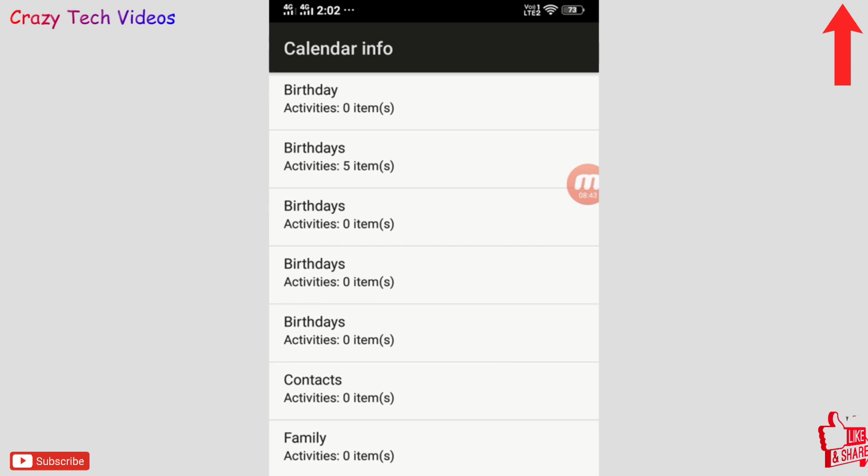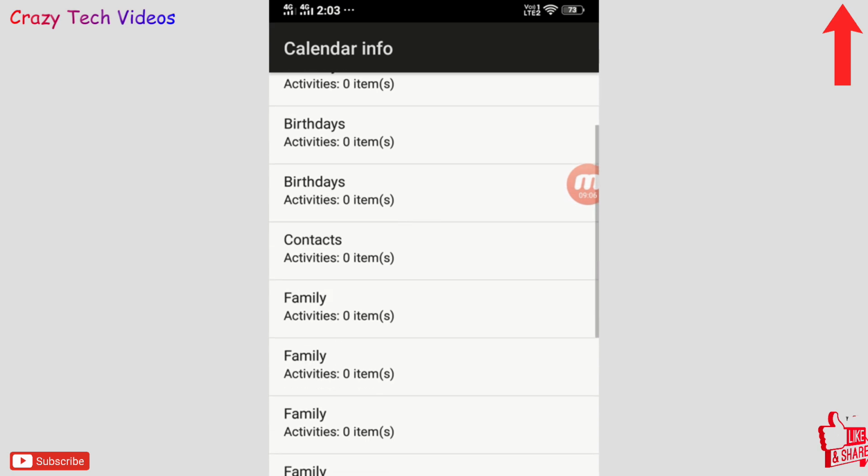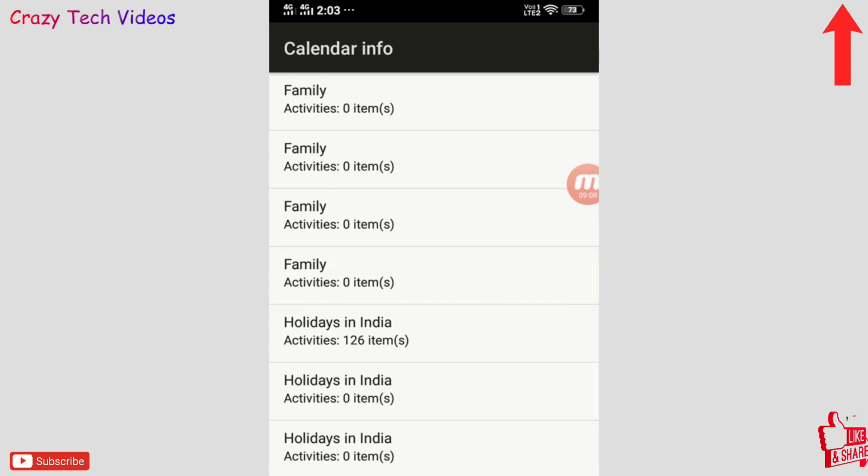immediately. You don't need to go to every email. You don't need to check it one by one in the calendar. Whatever reminder you have put on any calendar, you can simply dial this code and get it here right in front of you immediately, one by one, and you can check what activity is going to happen in future on which date.